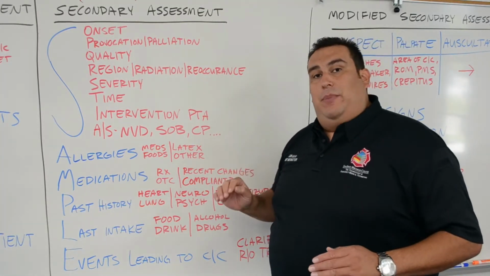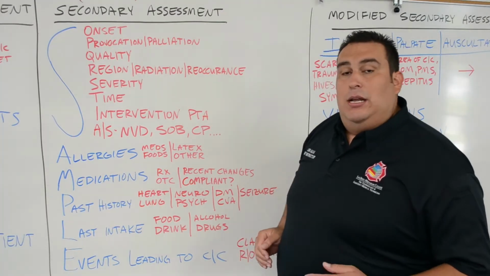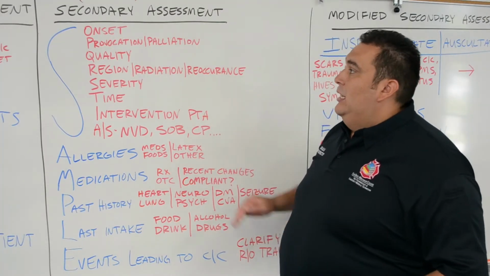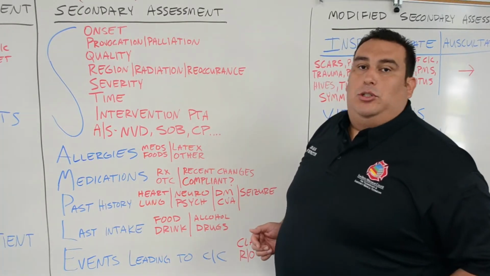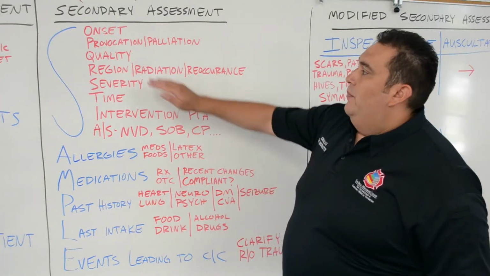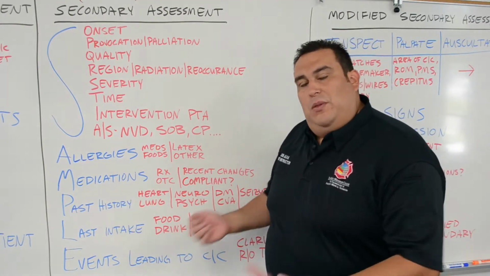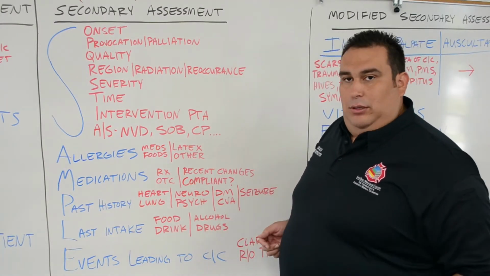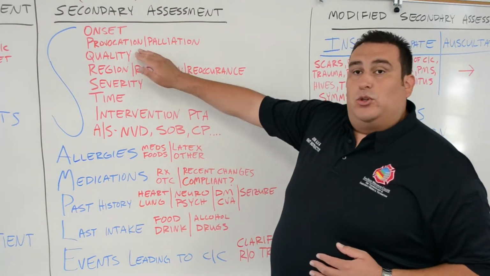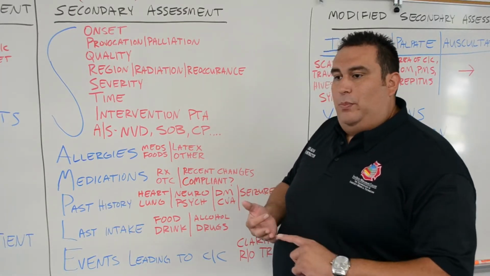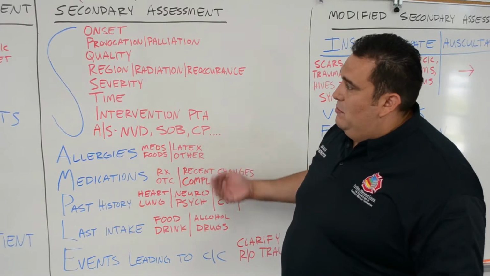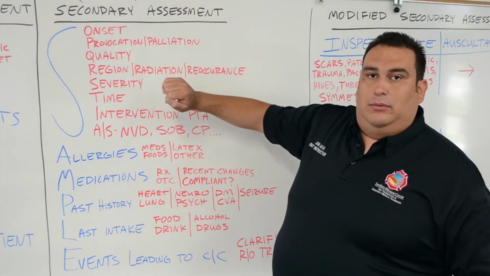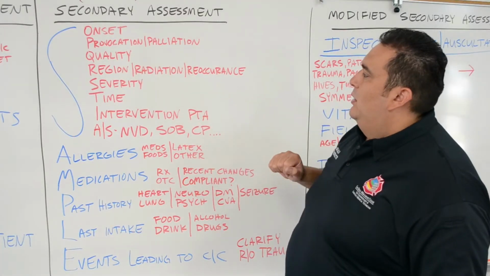The quality. Now, when you ask the patient the quality of the pain or condition of how they're feeling, keep it open-ended. Let them answer that question. Don't ask a leading question. So, can you describe the pain to me? Let them tell you. Okay? Some answers would include it's a dull, sharp, cramping pain. It's a very sharp pain. There could be multiple answers with that. So just copy down whatever the patient tells you.